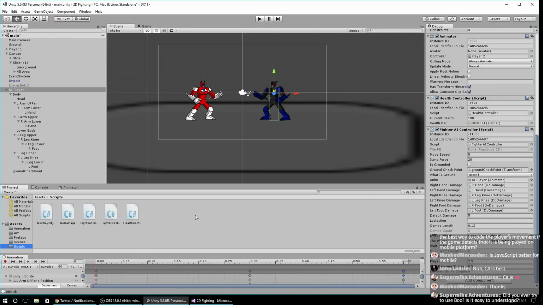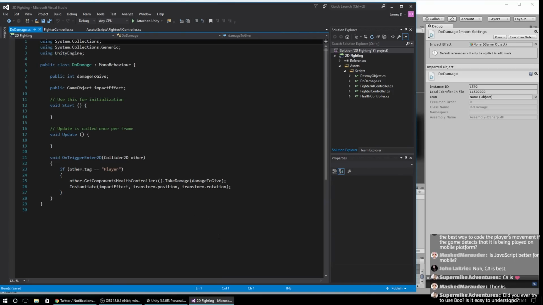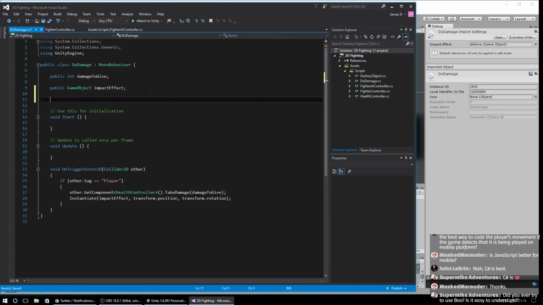We've got the basics of the attack routines working now, so it won't actually be too much harder to do what we want to do. So DoDamage. What we're going to do here is change it so that we're identifying whether we're player 1 or player 2. So we're going to say public bool isPlayer, or we'll say isEnemy. By default that'll be false, so that we don't have to go back and change everything on the original player. So here we can say if other tag is player,